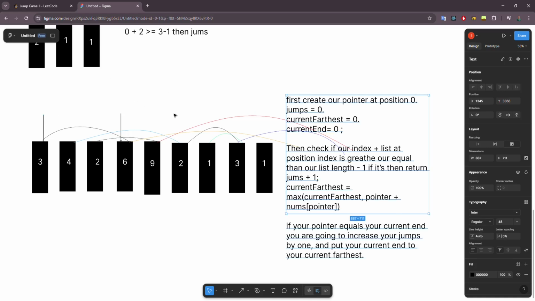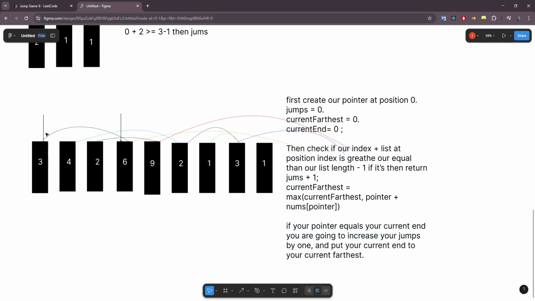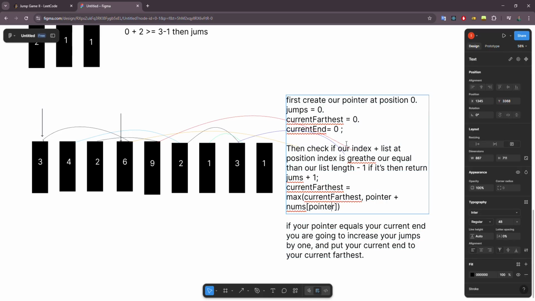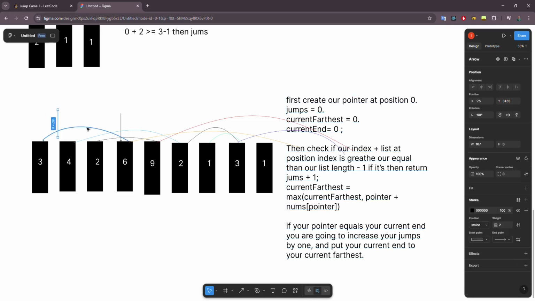Okay, so let's do it. First, can you reach the end? No. So your current farthest will be the max between your current farthest 0 and your pointer plus nums. So actually my current farthest will be 4,